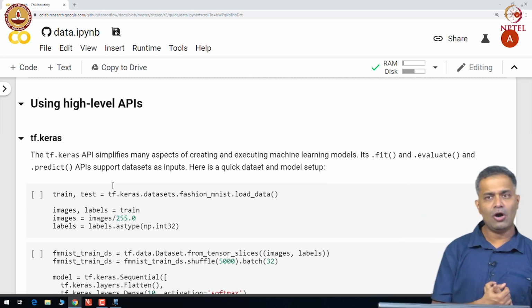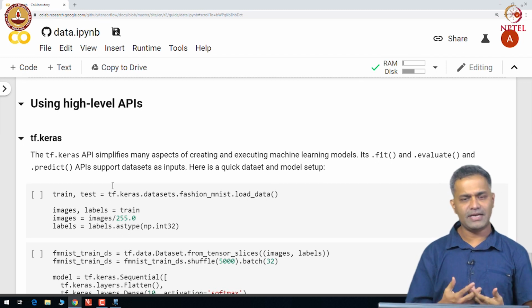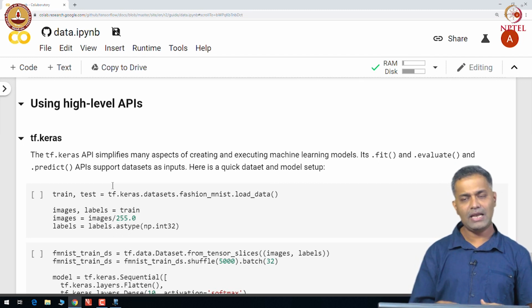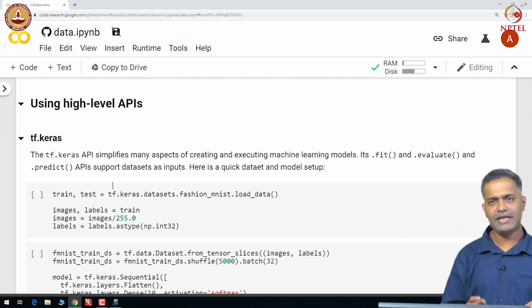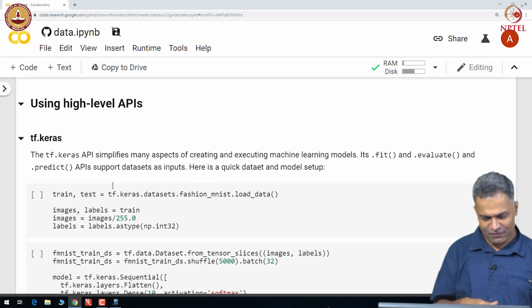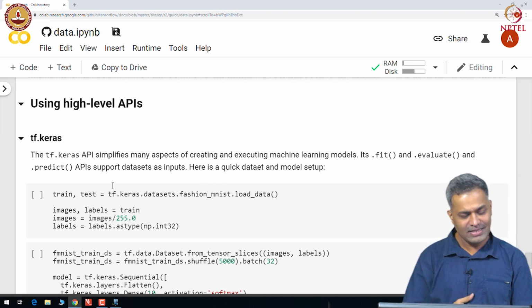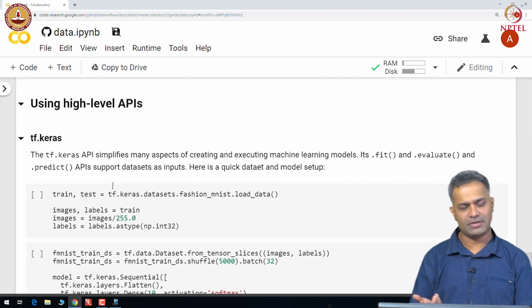Let us see how to use the datasets with high level APIs. There are two high level APIs, one is tf.keras and the other is tf.estimator. We will first see how to use the dataset API with tf.keras.